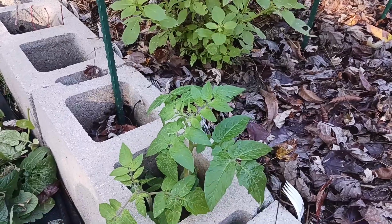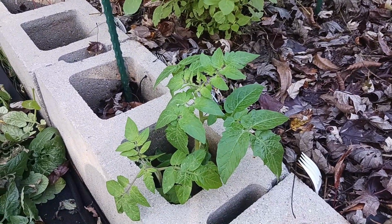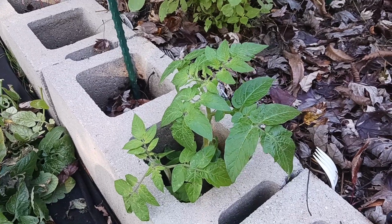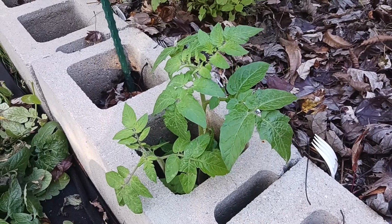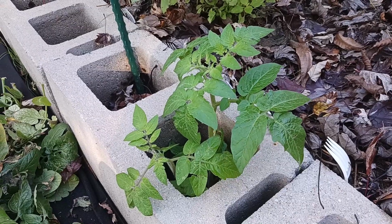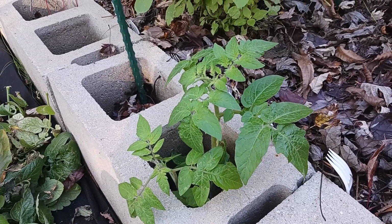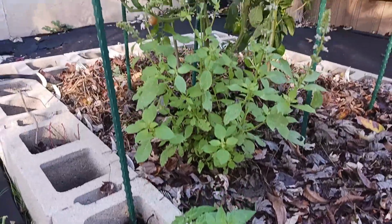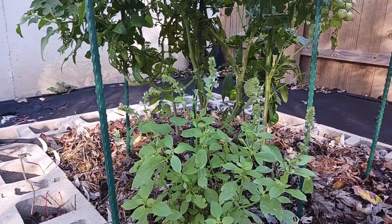And I think what I'm gonna do, I'm kind of feeling like I'm just gonna go ahead and plop those babies out, put them in a grow bag, and put them in the greenhouse. I think that's what I'm gonna do. I'm gonna do that in addition to collecting seeds from the tomatoes that I have and sowing more for next year, because